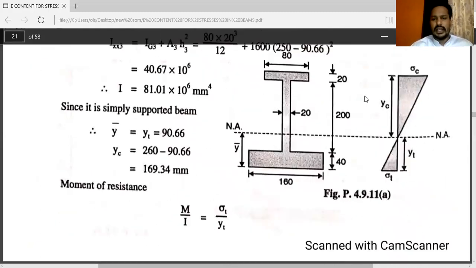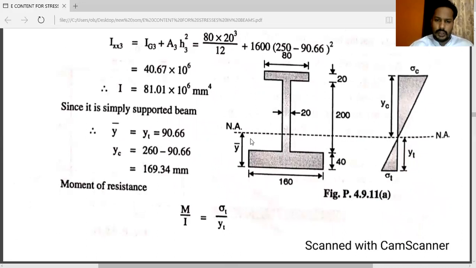You can see this diagram. This one is the given diagram. From the baseline, this is a very important point, that is the neutral axis. Y bar is passing through the neutral axis. From the base, you have to take the distance y bar. You will get the centroid point here, and through that centroid point the horizontal axis will pass. That axis is nothing but the neutral axis.